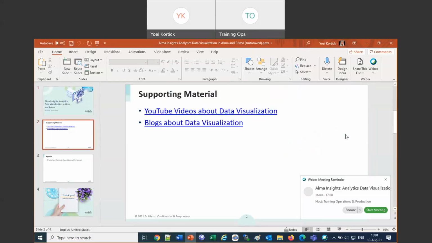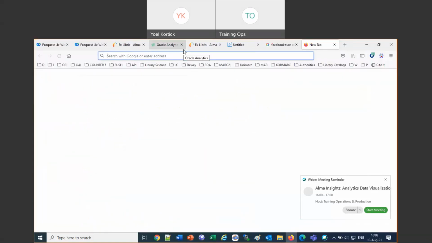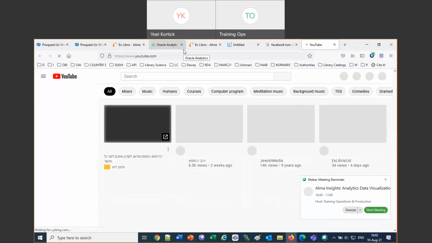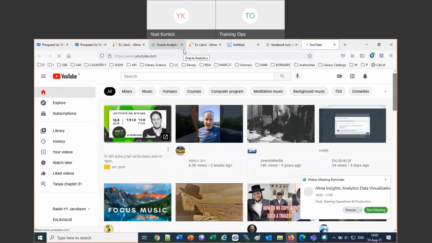Before we jump in, I want to point out where there's information about this that you can get on your own. So I'm going to first show the YouTube videos about data visualization, how to access them, and then some blogs about data visualization. So if you go to YouTube and you get to our channel, which I'm sure many of you are in any case